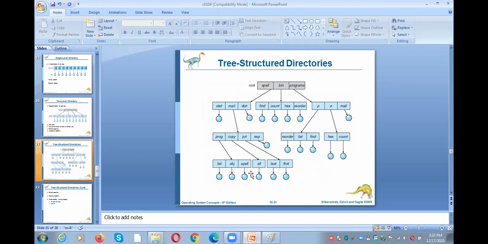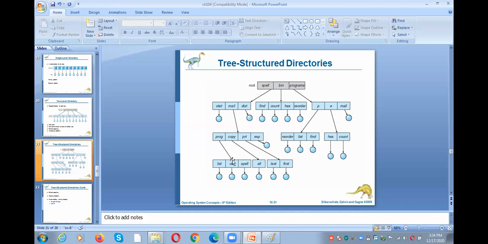One directory can maintain one subdirectory, and that subdirectory again maintains another subdirectory. Like that, we can have any number of levels here. But in the case of single level, there is only one directory and it holds all the files. In the two level directory, the first level is the root directory and the second level is for user directories. But in the case of tree directory, you can maintain any number of levels. So here there is no naming problem, and the grouping problem is also solved here.